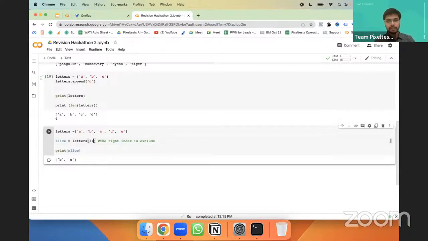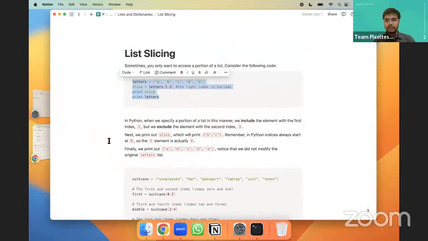So what if I say 1 to 4, it will be first element, second element, third element, right? It will not print the fourth element because the right index is excluded, right? So this is called a slice of the primary list, and this is how you slice. You use this from and to index and make a slice of it. Okay, right?